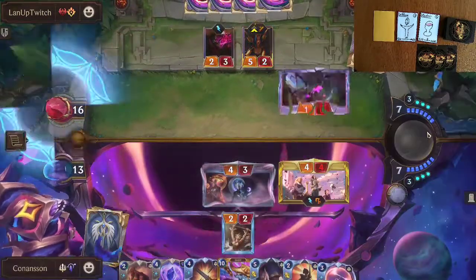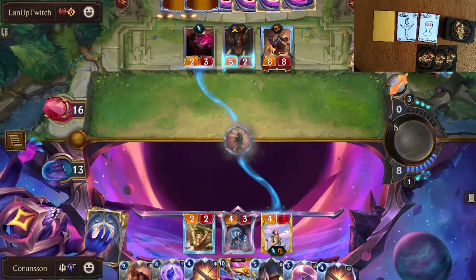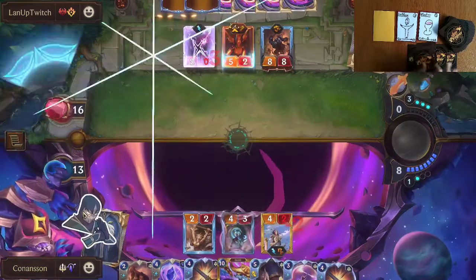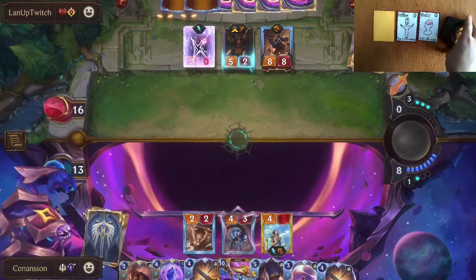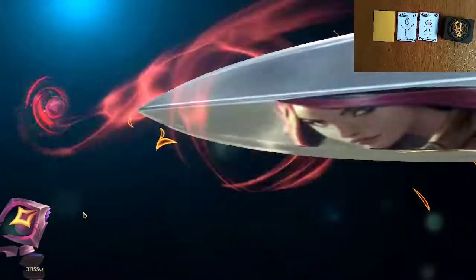Squish goes the spider. And after LanUP gave us the green light to play an 8-cost unit, we ended the game with the Fiora victory. The outcome was obvious. I just...